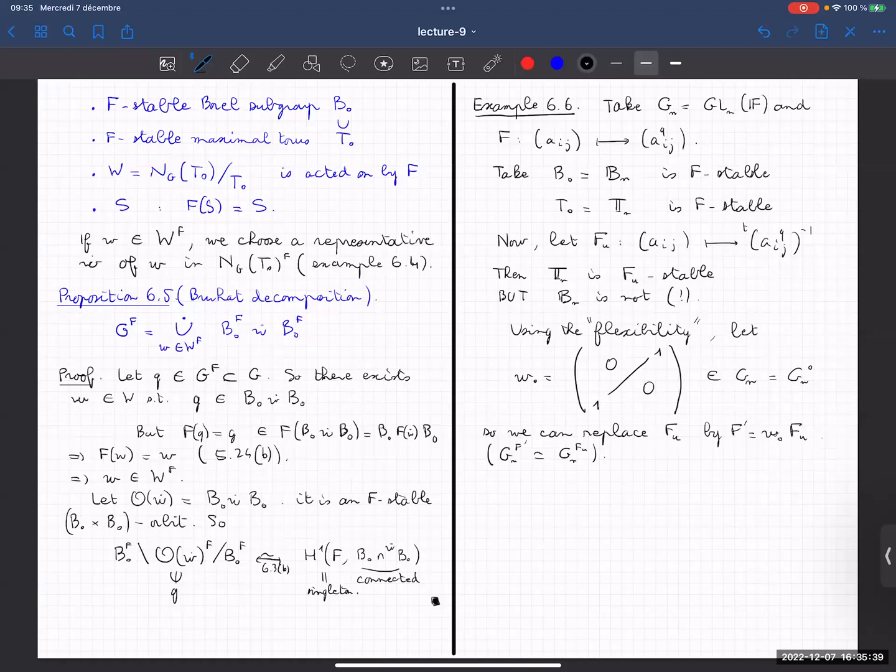And in this case, since I have added this conjugacy by this W0, which is the anti-diagonal, not only Tn is F prime stable, but Bn and Tn are F prime stable. So for understanding the structure of the unitary group, it's much easier to twist the Frobenius by this action of W0. Okay, and in particular, you can check